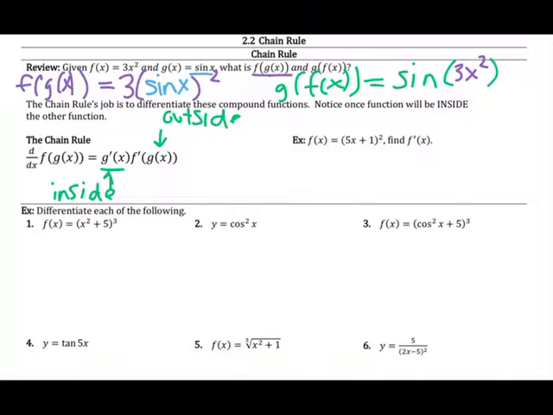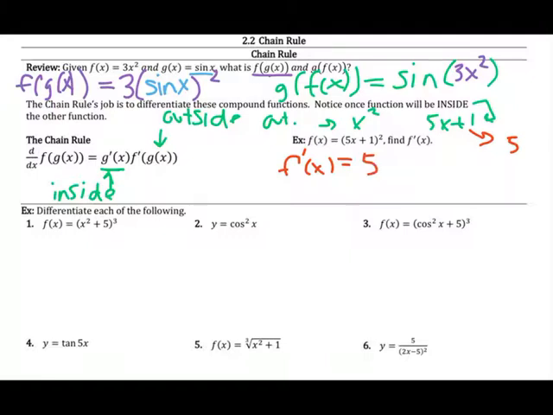So this example up top says f of x equals (5x plus 1) quantity squared. There are two functions happening. There's a function that is basically just x squared. That's the outside function. Then there's a function that is 5x plus 1. That's the inside function. So the derivative of the inside function is just 5. The derivative of 5x plus 1 is 5. The derivative of the outside function, x squared, is going to be 2 times what's already in there. So we're not manipulating what's inside the function at this point,